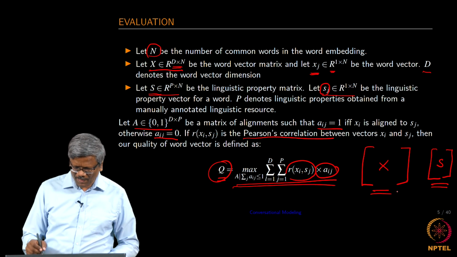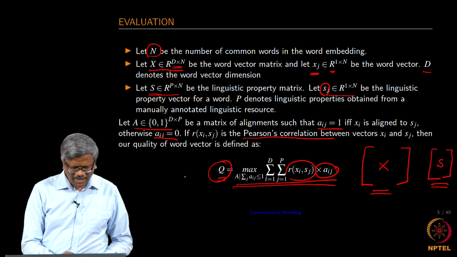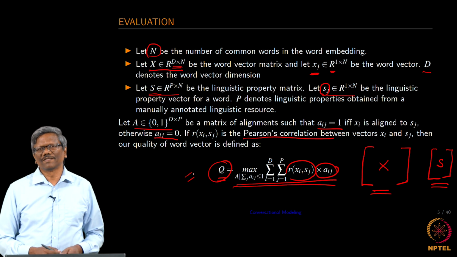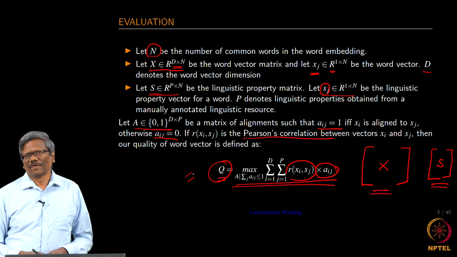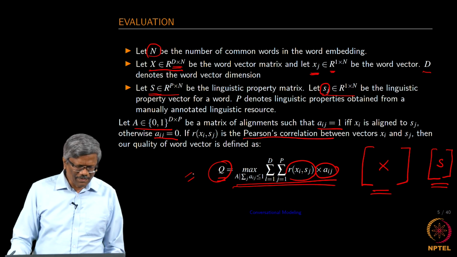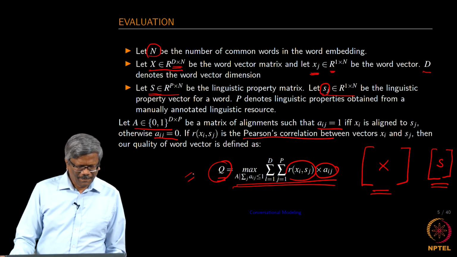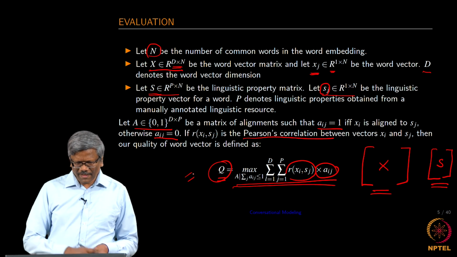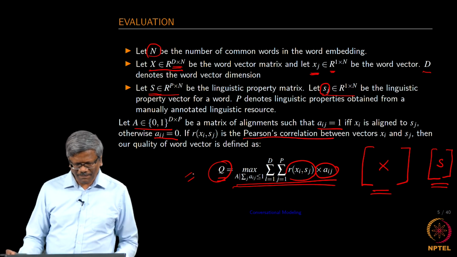I have used a research paper to quote the idea. There are several other mechanisms to evaluate the quality of the word vectors as well. With this I close the evaluation of the word vectors,